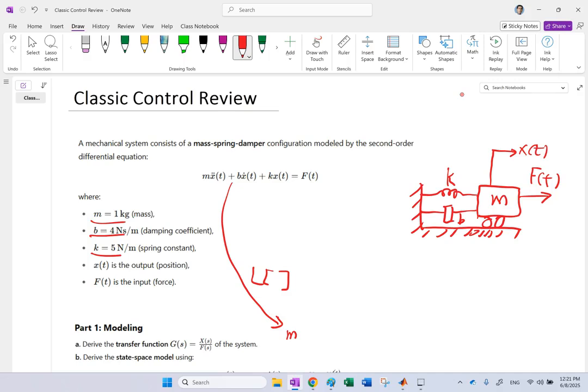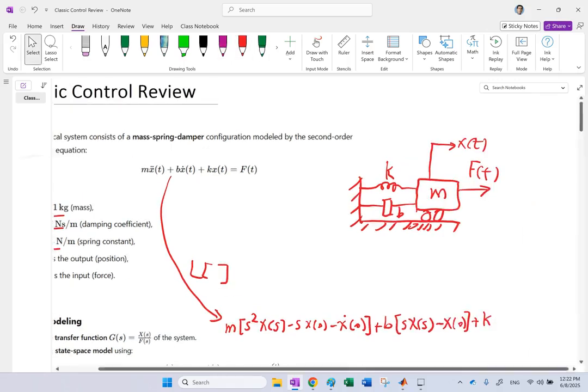It is going to be m times s squared X of s minus s times x at time 0 minus x dot at time 0, and then plus b times s times X of s minus x at 0, and then plus k times X of s